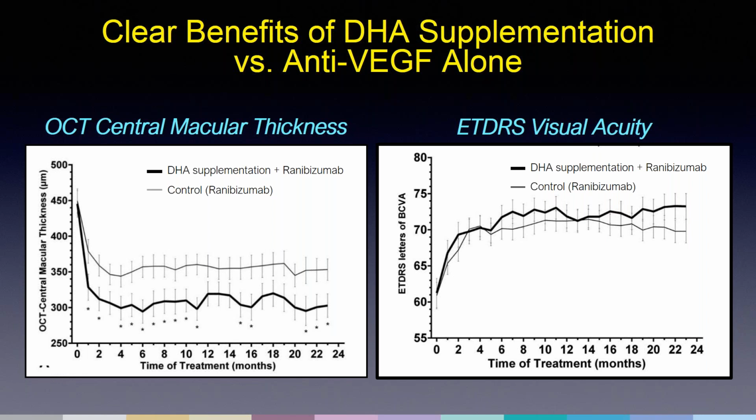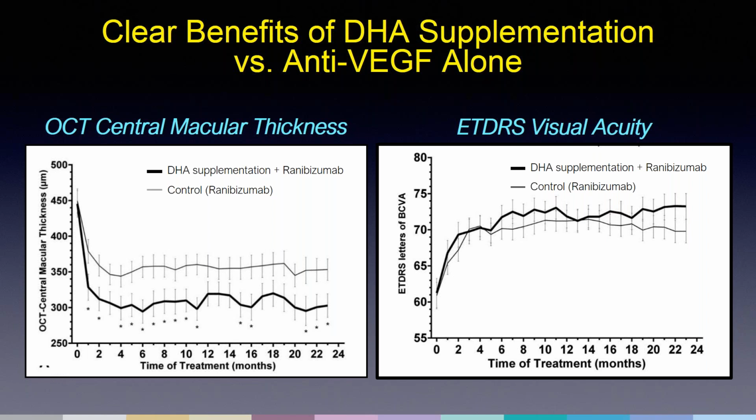And that early improvement was sustained throughout the 2 years of the study, and those patients maintained that decreased central macular thickness. Now, the graph on the right shows the ETDRS visual acuity, and similarly we see the darker line, the DHA supplementation plus the anti-VEGF therapy had an earlier and more pronounced improvement in vision compared to the control group receiving injections alone. Now, I will point out that the statistical significance did not reach critical level in